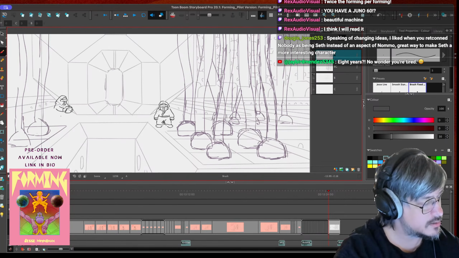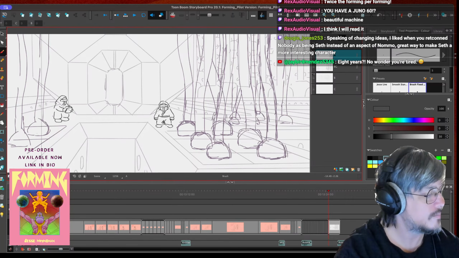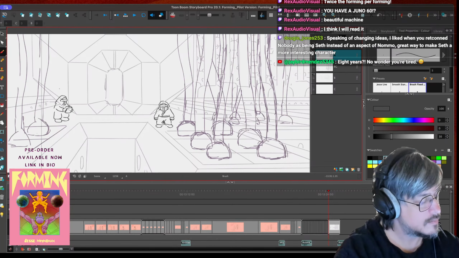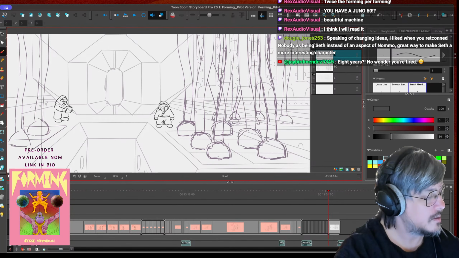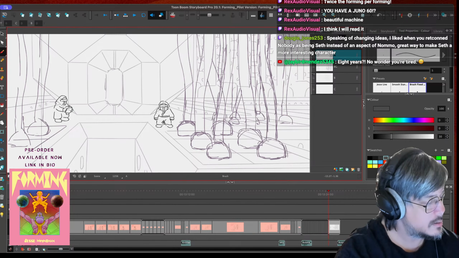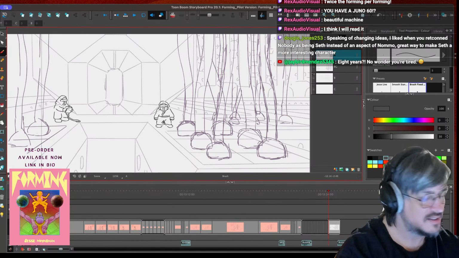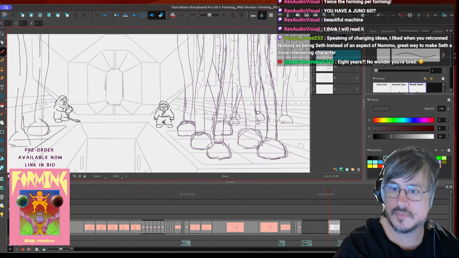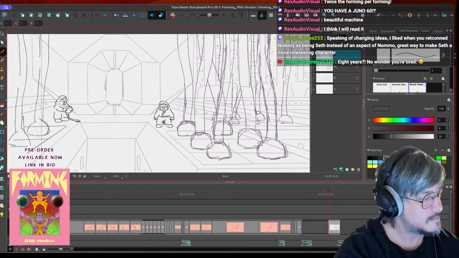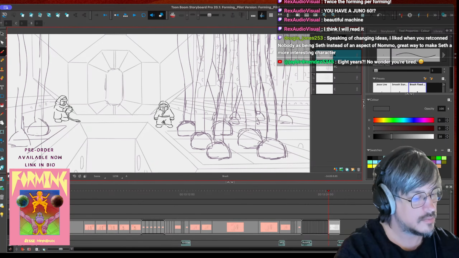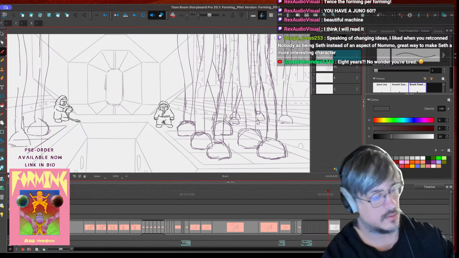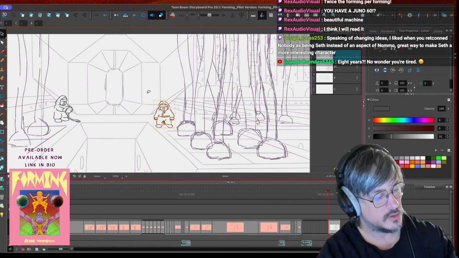Basically like hazmat suits. This will be like monitoring the health of the... and then we'll just put a bunch of these guys down here.